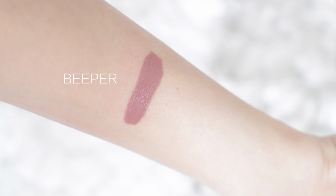And then I have some from ColourPop, and these all look the same, but I promise they're not. I've done so many different kinds of lip swatch videos for these. I have a couple of favorites, and the first one is Beeper, which is an ultra matte liquid lipstick. Their ultra matte liquid lipsticks are very, very long lasting, and it's really hard to remove. And I will say these are a little bit drier than what I prefer, but they seriously last forever on